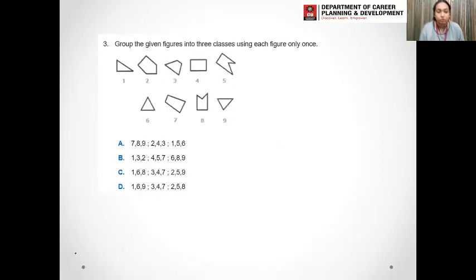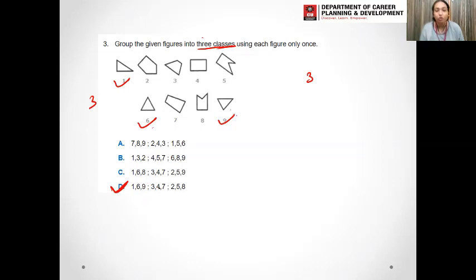Let's come to the next figure. Let's classify them into 3 classes. We have 9 figures, 3 images in each class. C1, and then we have 6 and then 9. What is common in 1, 6 and 9? All 3 are triangles having 3 sides. So 1, 6 and 9 are only given in option D. So our answer is option D.